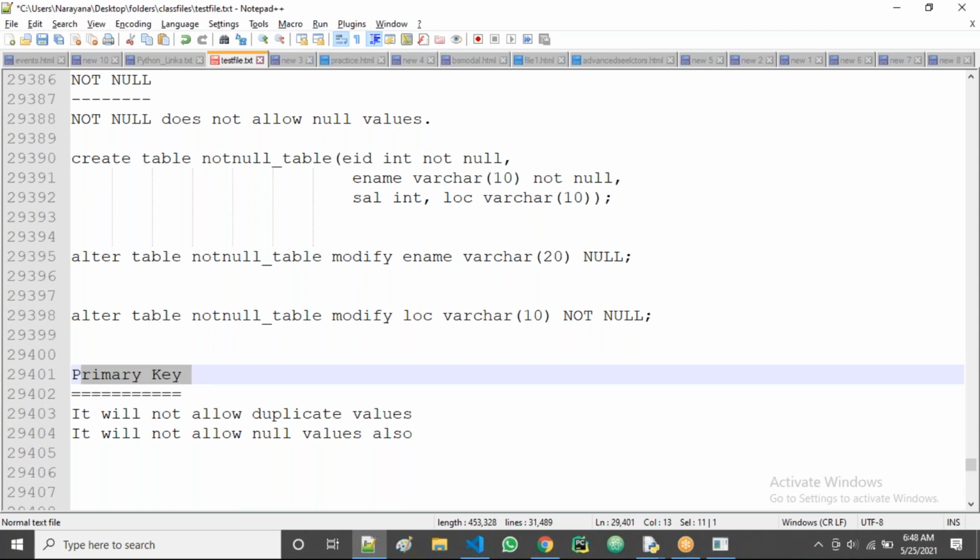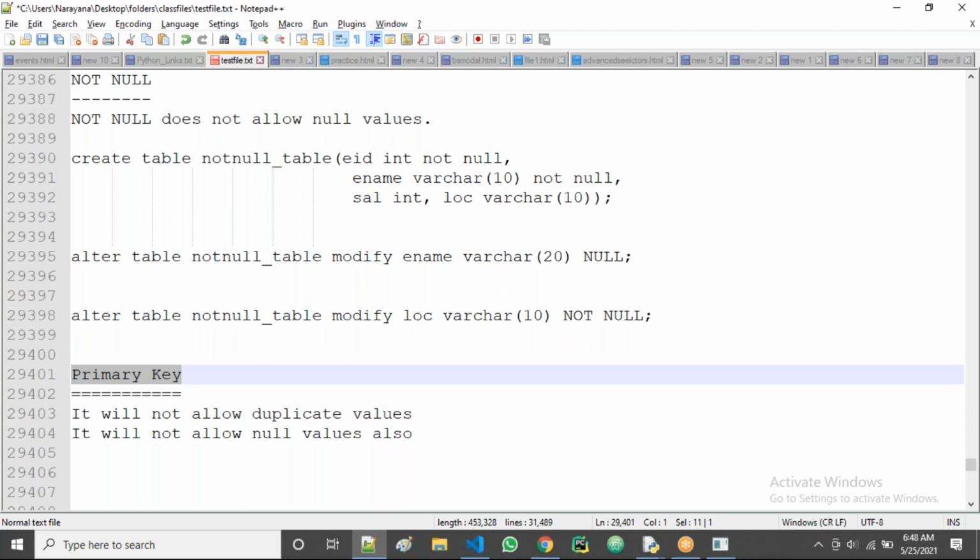We ask in the interview, what are the constraints? They say primary key, meaning no null values and no duplicates.